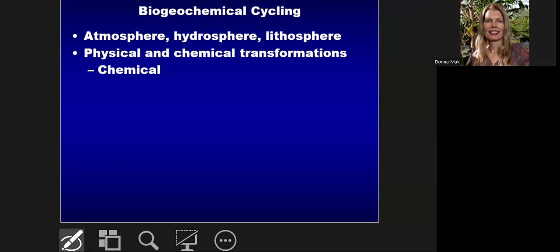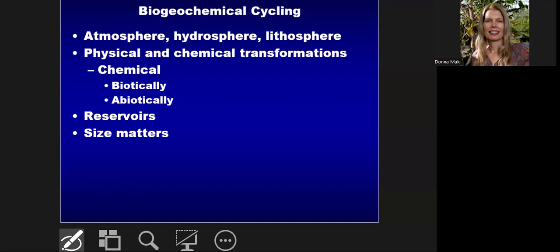And certainly we're looking at transformations that occur. Some transformations of complex molecules, for example, are just through chemical action, where it's abiotic, but there's certainly a lot going on biotically. And when you think about what's happening biotically, it's microbes. Microbes dominate for sure in influencing all this cycling. You have different reservoirs of where certain compounds and molecules are more abundant over others. So we'll think about that a little bit as well.